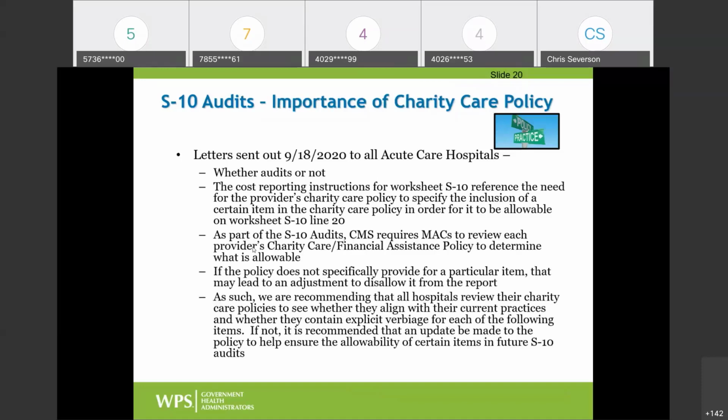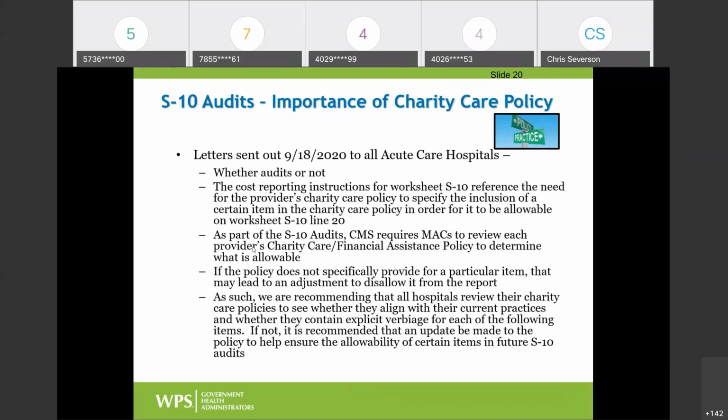So going back to that charity care policy issue, I said earlier that it has to be in your charity care or financial assistance policy to be allowable. CMS has stressed that with us multiple times. It's part of our audit program that we look at. And to try to educate providers on this, try to make sure they're aware of the importance of this,